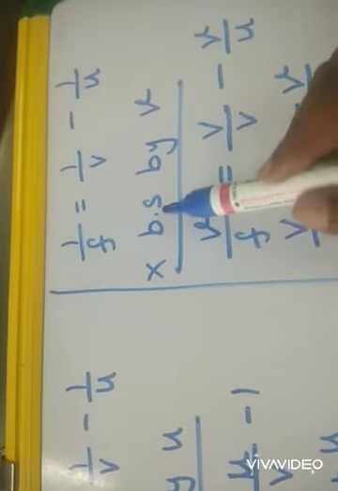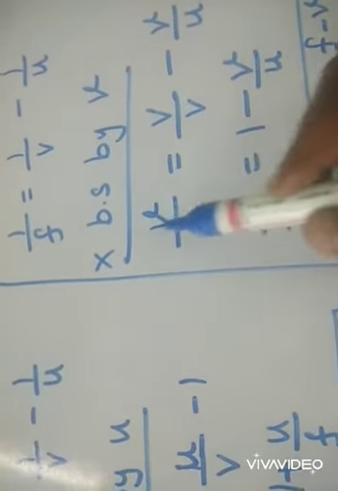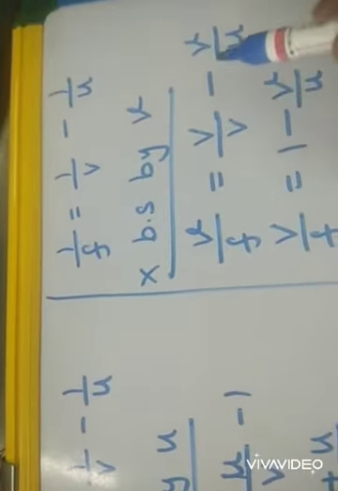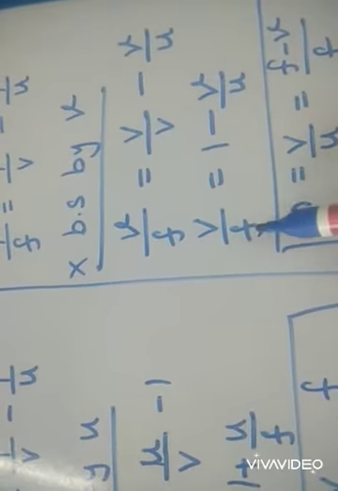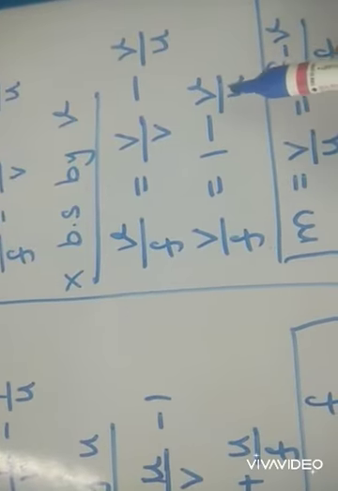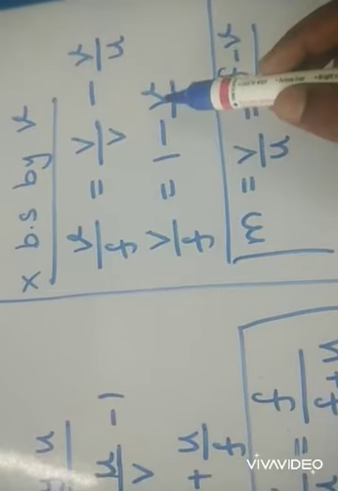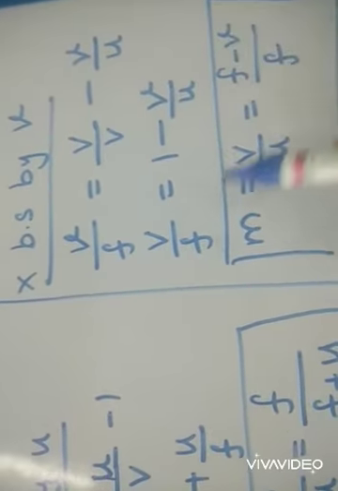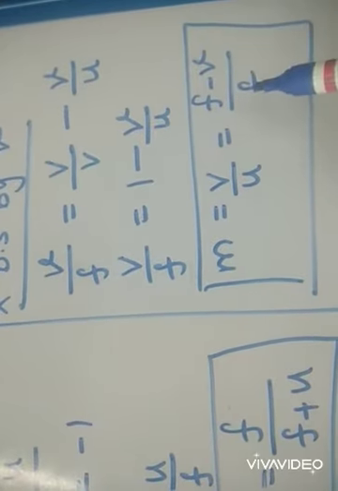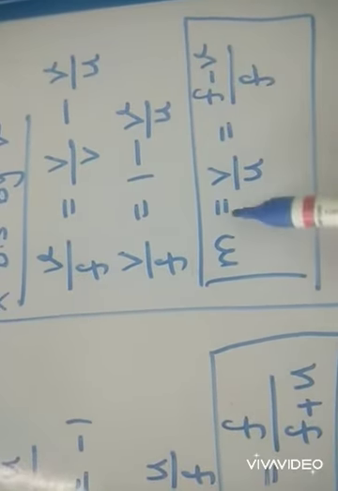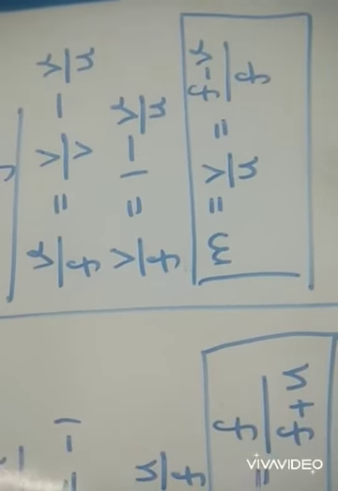Similarly, if you multiply both sides by v, that is the image distance, v by f is equal to v by v minus v by u. v by v is 1. So what will we get? v by f is equal to 1 minus v by u. What is v by u? That is the magnification. So rearranging these equations, we get the answer: f minus v by f. So this is the magnification equation in terms of focal length and the image distance.